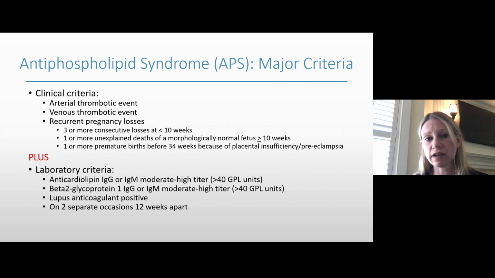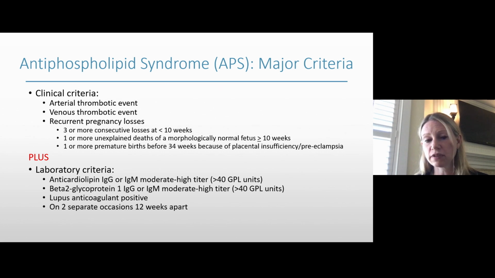And so clinical criteria are an arterial thrombotic event, a venous thrombotic event, or recurrent pregnancy losses of 3 or more consecutive losses at less than 10 weeks, 1 or more unexplained deaths of a morphologically normal fetus at greater than or equal to 10 weeks, or 1 or more premature births before 34 weeks because of placental insufficiency or preeclampsia, plus laboratory criteria. And so laboratory criteria include anticardiolipin antibodies, IgG or IgM, at moderate to high titers,